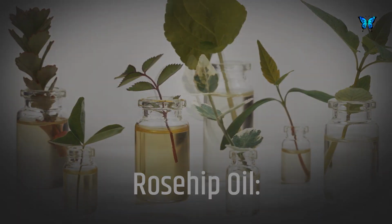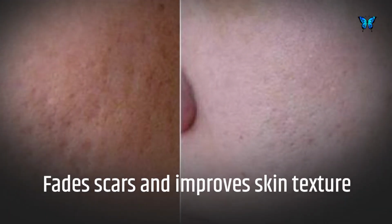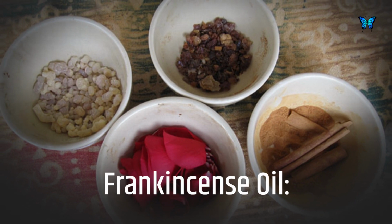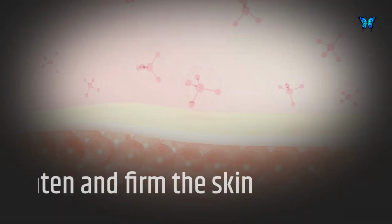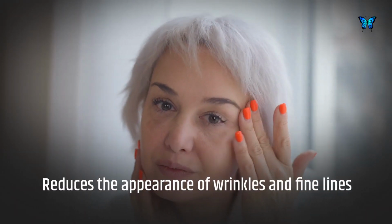Rosehip oil, rich in antioxidants and vitamins, fades scars and improves skin texture, moisturizes and nourishes dry skin. Frankincense oil has anti-aging properties and promotes cell regeneration, helps tighten and firm the skin, reduces the appearance of wrinkles